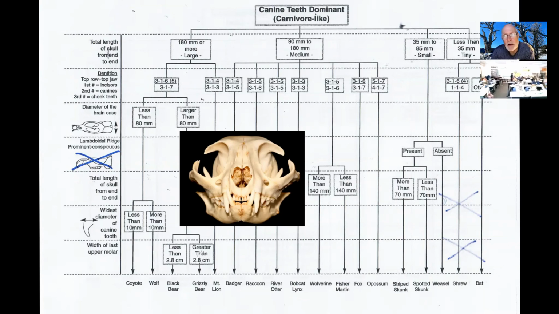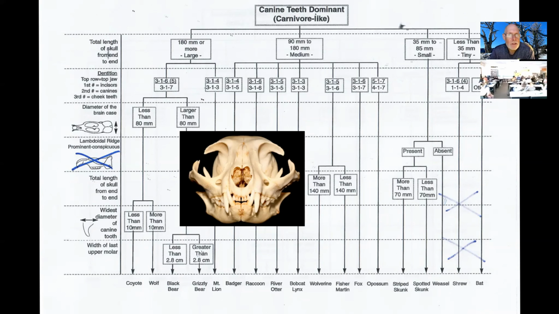But if the numbers don't come out right, or it sends me over to another column, then I have one that's like 3, 1, and 4. Let's take a look at the picture that's right there in front of us on that chart. How many incisor teeth does that skull have? I count 1, 2, 3. Okay. And then how many canine teeth does that one have? It has 1 really big one, right? And then you count the ones in the back.